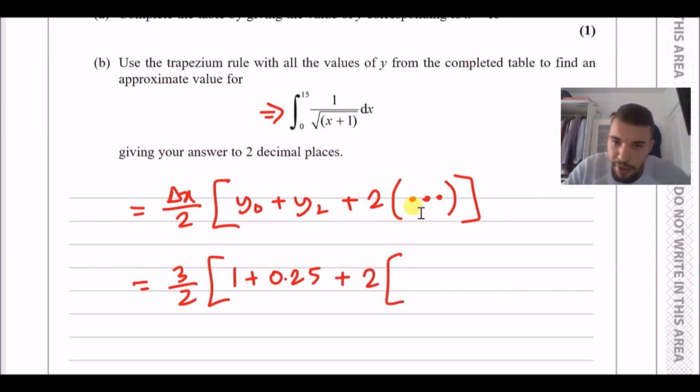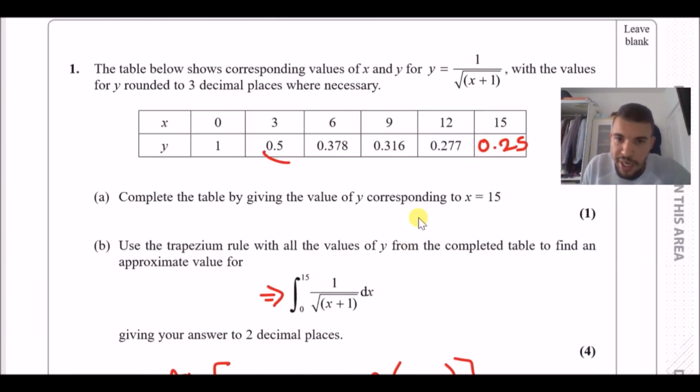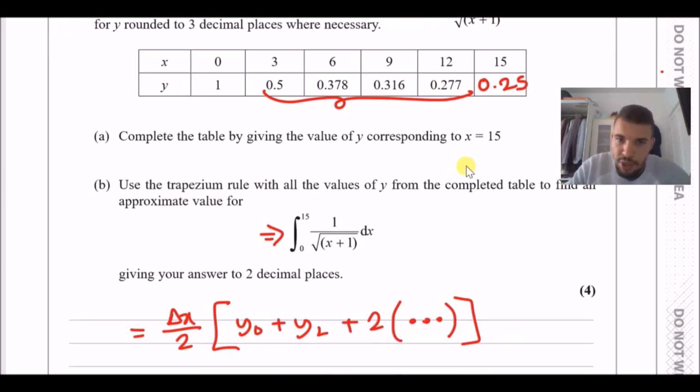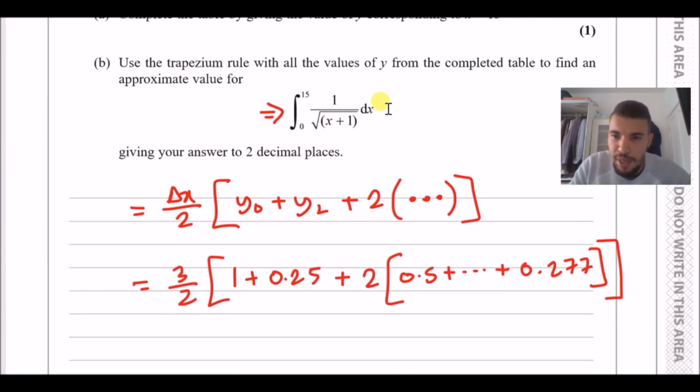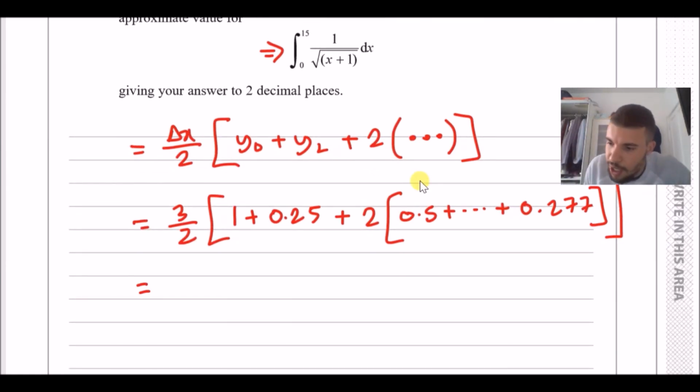Now for the rest of the y values in between, we're talking about these lot. So literally put all of these lot in the calculator. So you can just sum them up right now. So it's going to be 0.5 plus dot dot dot plus all the way up to 0.277. Close the bracket and then close the other bracket. And then simply just run it through your calculator. And when you do so, and I've done it before, you should get an answer which says exactly